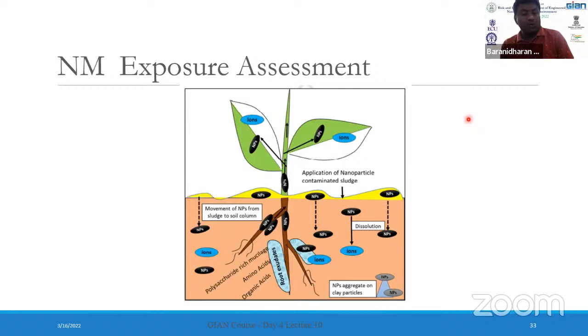So how do they behave in the soil is one such thing. Whether they are there in the ionic form or as nanoparticles as such, whether they release the metal ions or whether they stick onto the soil and affect the bacteria present in the soil is again one such question that we need to look at in detail in order to conclude how they interact with respect to the microbes.